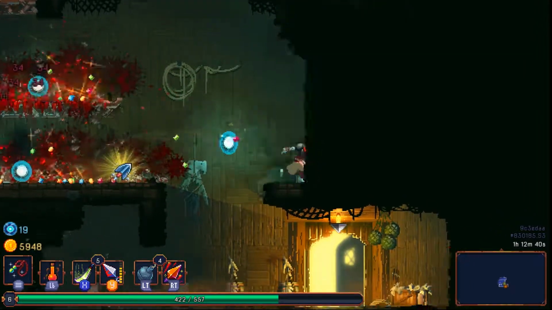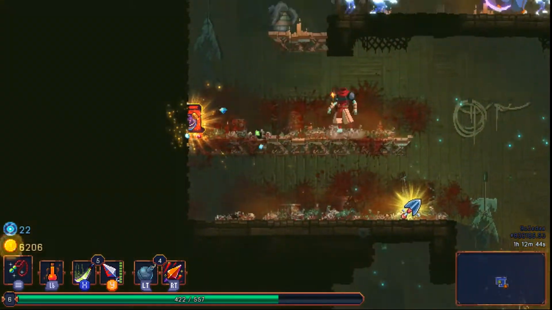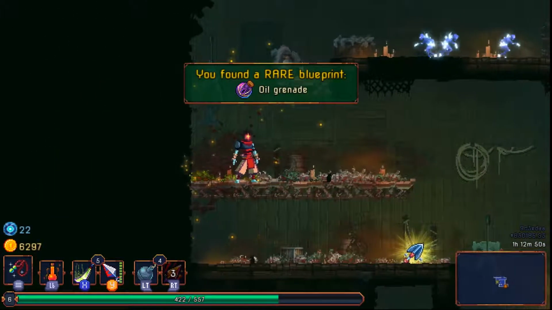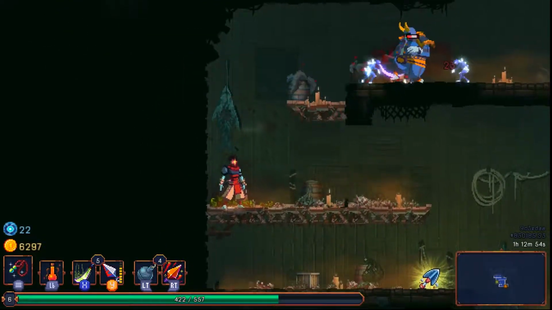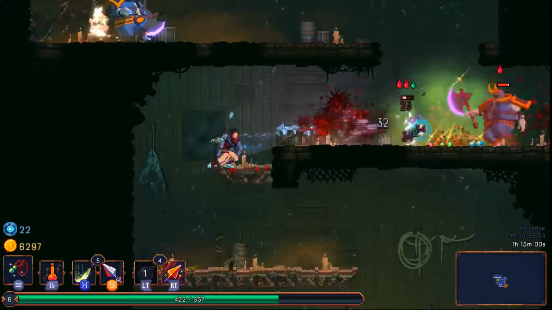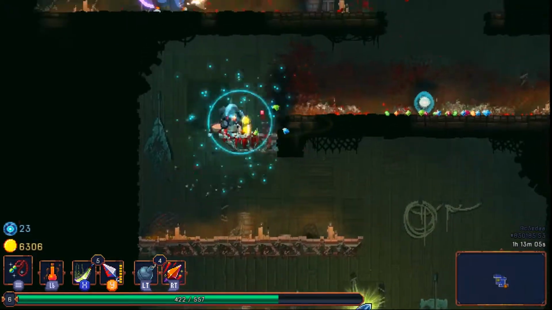Okay, I think the problem and the reason why I was a little bit confused about that is they have to die to the bleed. They can't die to something else, and I think that was exactly what was happening. Okay, we've got ourselves a blueprint, so we're going to want to make sure we stay alive. Might not be enough bleed. Okay, there we go. Now we transfer the bleed, and...